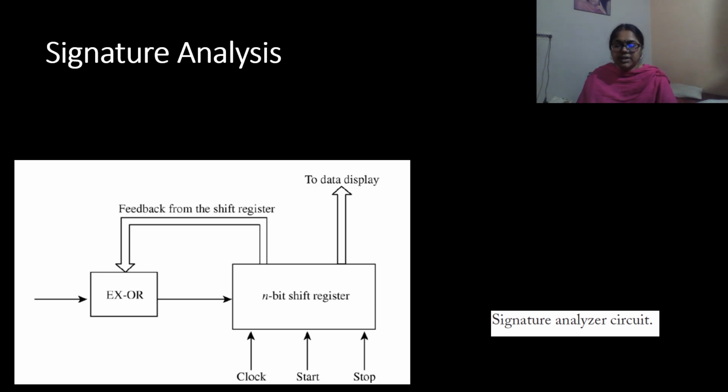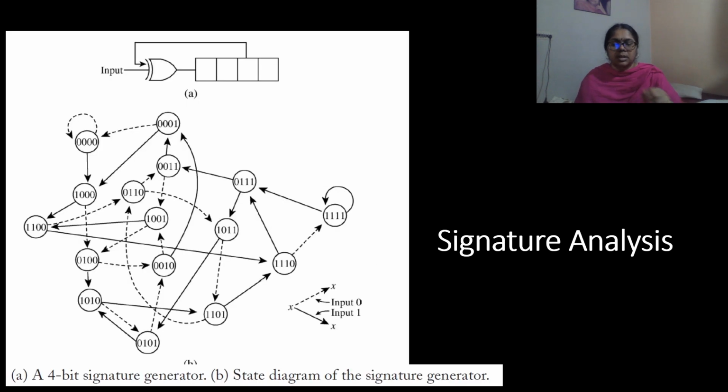To form the signature of a data stream, the shift register is first initialized to a known state and then shifted using the data stream. Normally, the all 0 state is chosen as the initial state. This figure shows an example. You can see the third D flip-flop output is selected and given as input to the XOR gate, and the input data is also given as input to the XOR gate. The output of the XOR gate will be given as input to the shift register. This figure shows a simplified 4-bit signature generator.